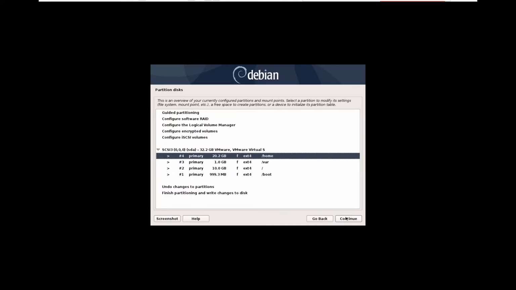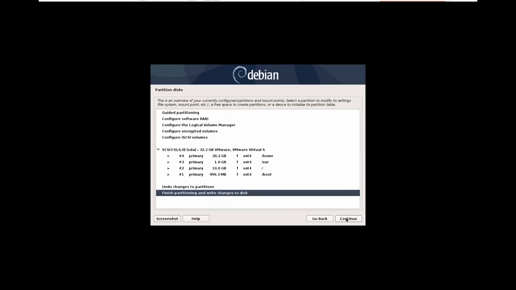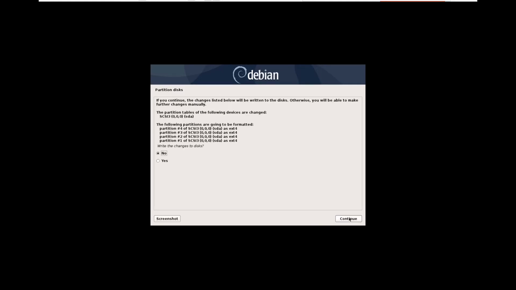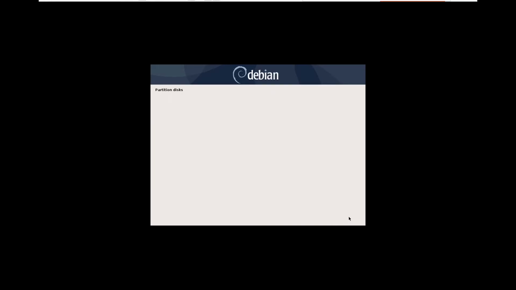We now have four partitions, and let's finish the partition. Now continue. Here it is asking for the partition menu to return. We do not want to return, so go back, and now I change the disk. Yes. Now it's installing the base system.